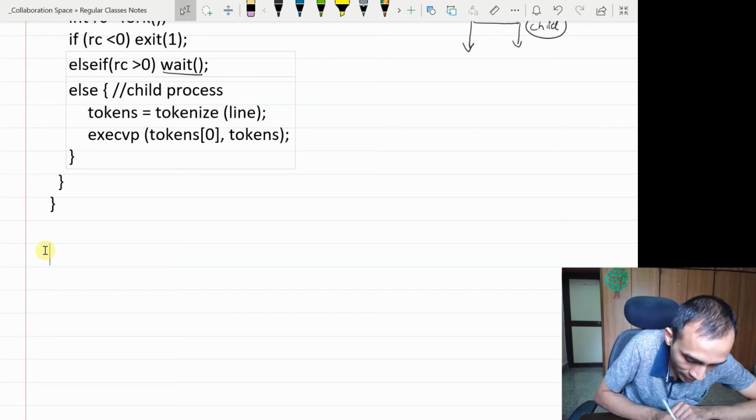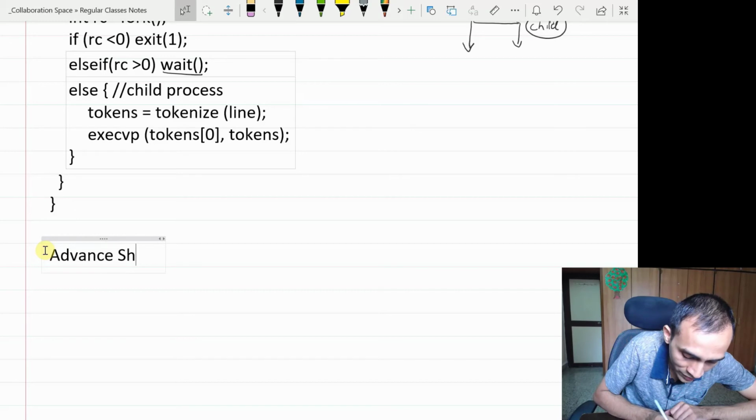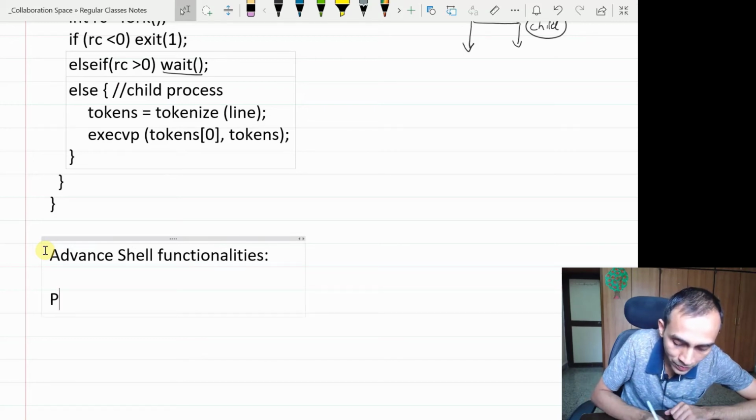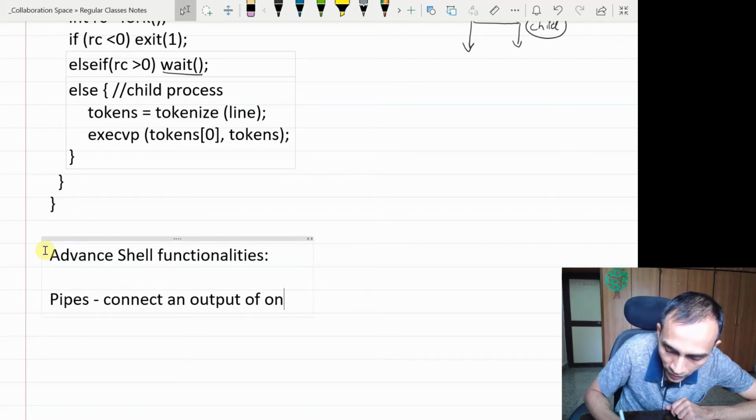So a more advanced shell program provides functionalities like pipes. Pipes basically help to connect the output of one program to the input of another program.